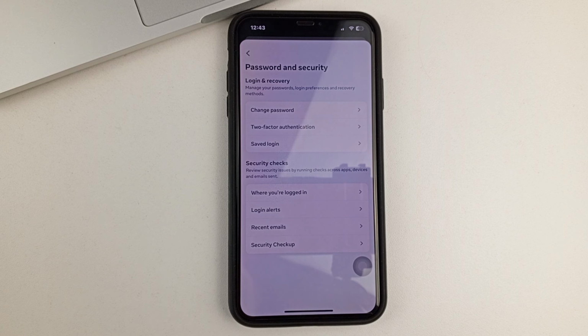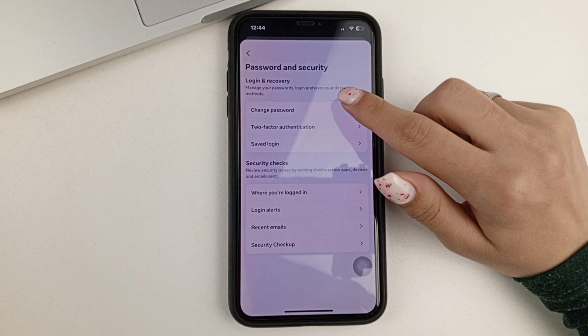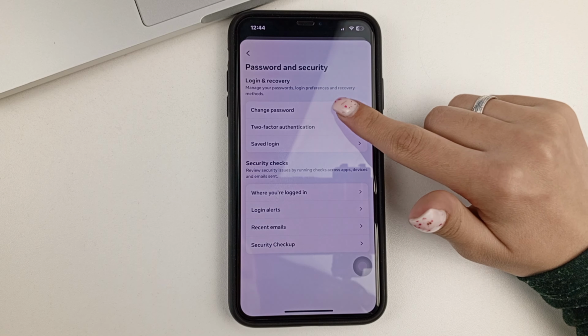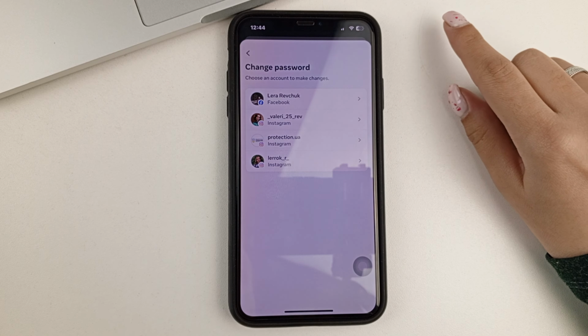And you'll have two choices, two views of how you can delete your Instagram account from some other device. And the first one is if, let's say, you suspect that some person knows your Instagram account password and can access your account from any device. Then you just need to change the password so that the person can't do it again. To do this, you need to select the very first function, which is Change Password.